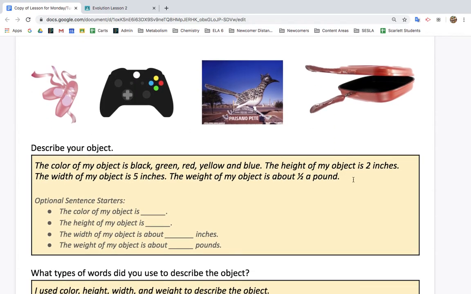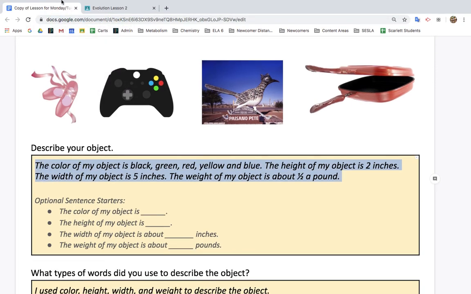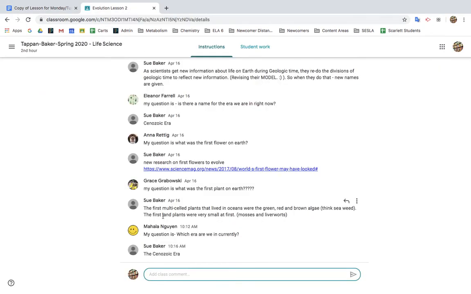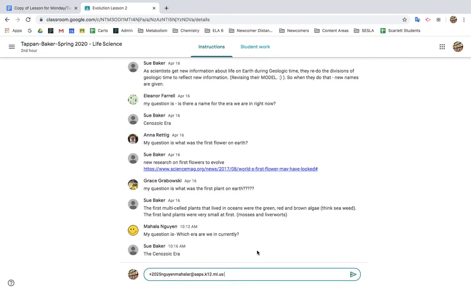So the way that you copy is you highlight, and then you can either go to Edit, Copy, or Command C. Then I'm going to go back to Google Classroom and press Command V. And then I'll press Send to post it. Then you need to respond to 2 students' questions. So what you do is you find a student you want to respond to, you press this button to reply, and then you can guess what object they were describing. When you're done with that,